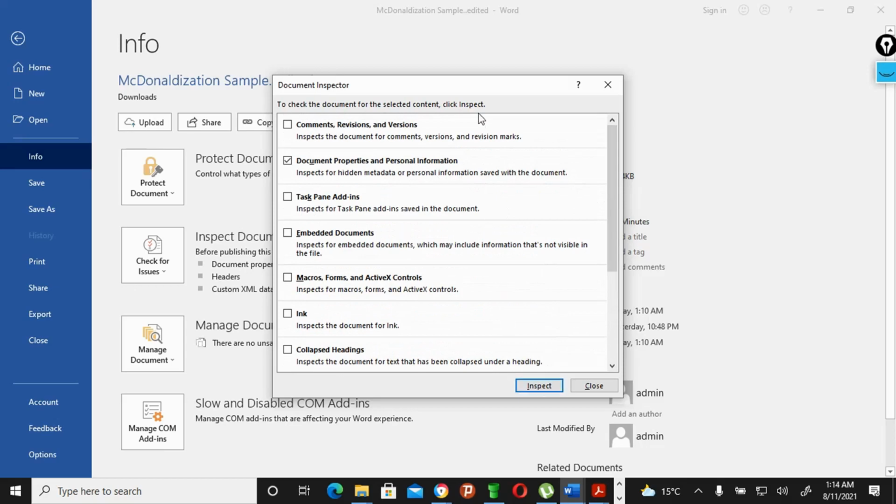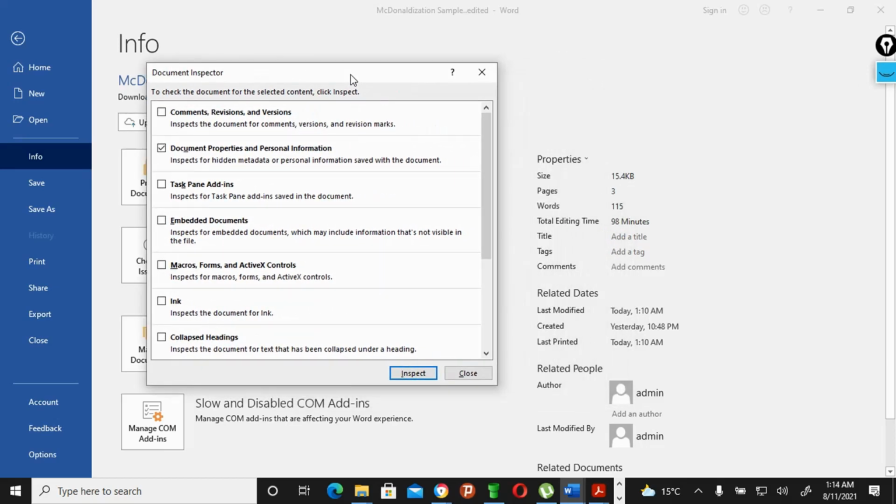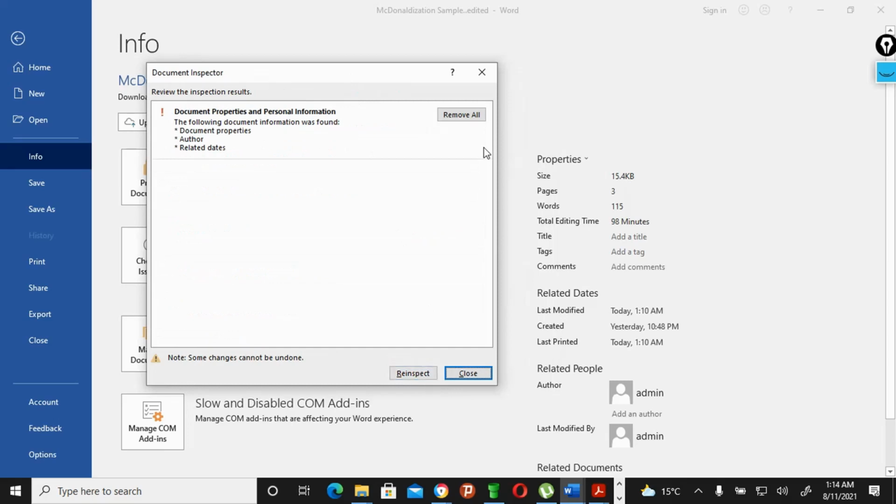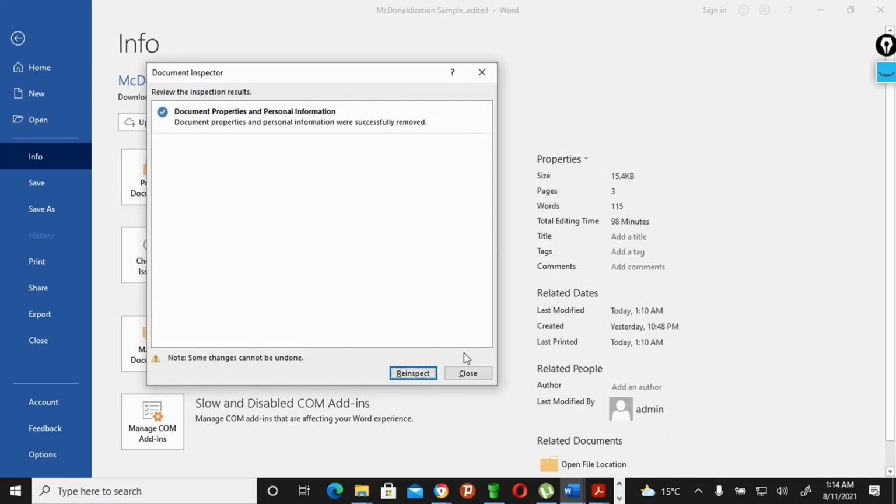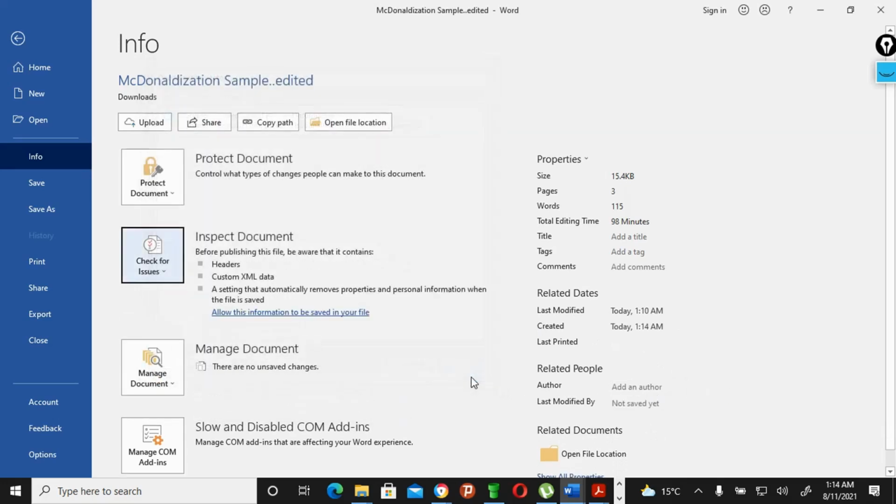At the moment you can see it's telling you that the author is admin and it was modified by admin, which is my computer. So I inspect and then I remove all. When I remove all, it tells me to add an author, so there's no author. Then I close. Last modified by is not saved yet, and all those things.